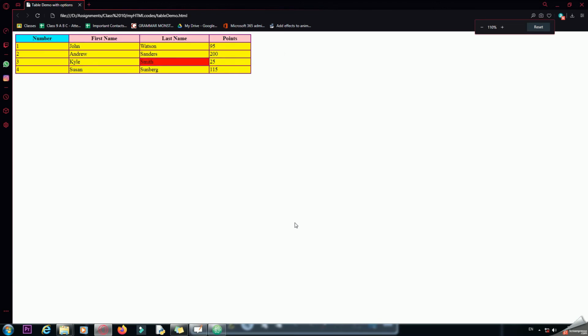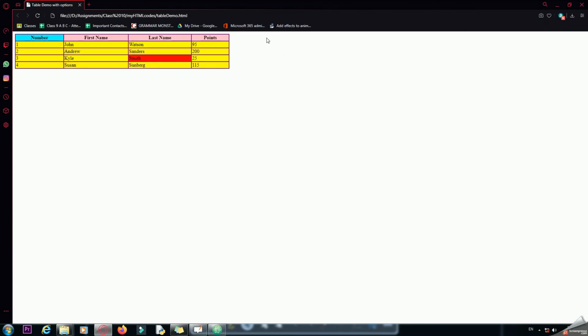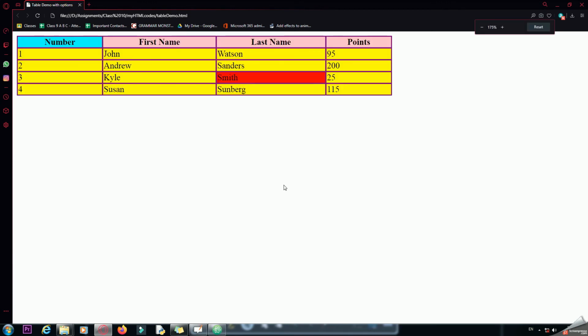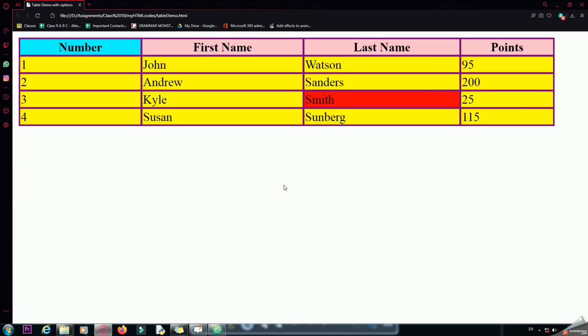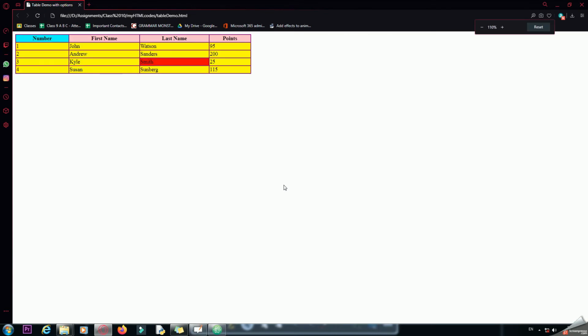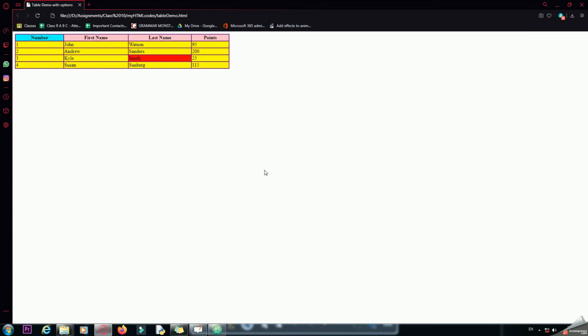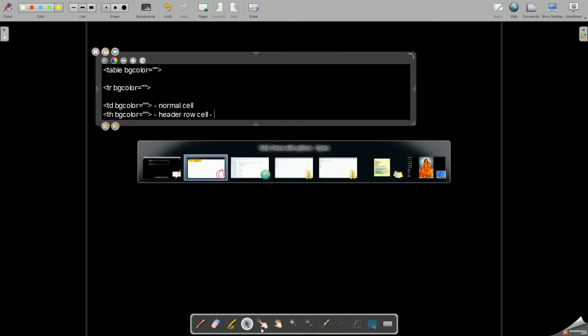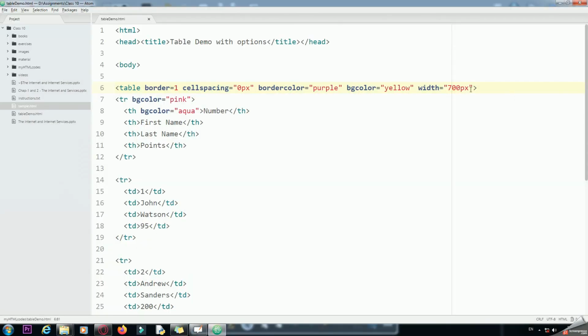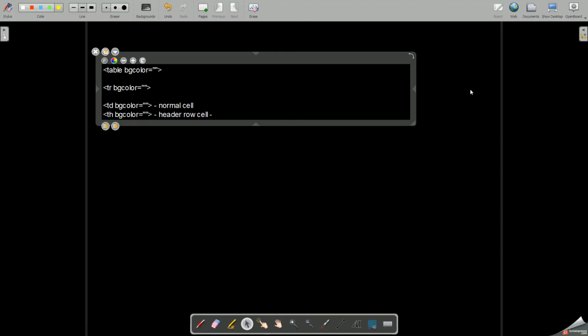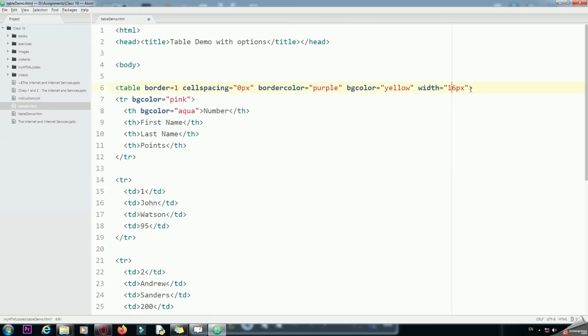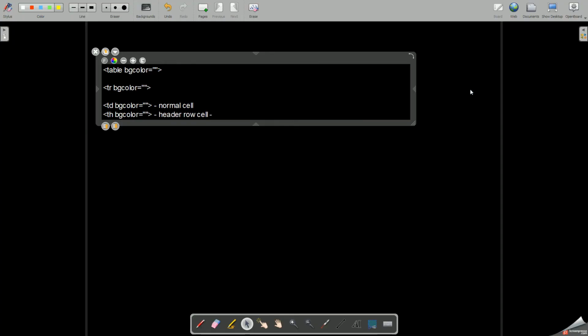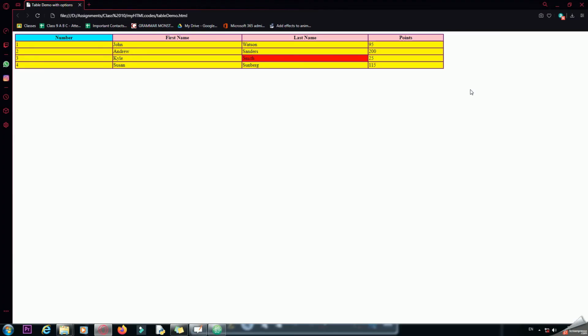Now because 700 pixels are there and my web page is at its maximum magnification, I'll bring down the magnification to 100. So this is 700 pixels on my desktop. Depending upon the resolution of your monitor, you can set it. Suppose I set the pixels to 1300, which is the resolution on my computer. And it is this. I can also increase it from here, make it 1400, and this is how it is. So this is how I can increase the width of my table.